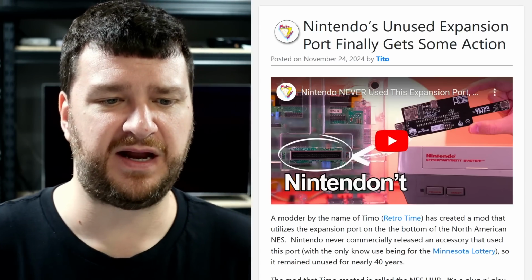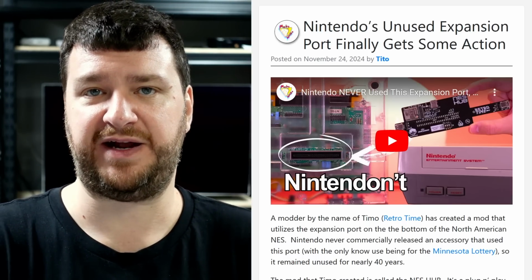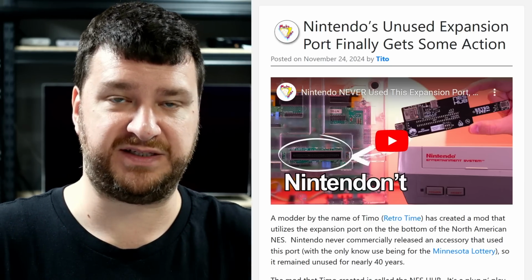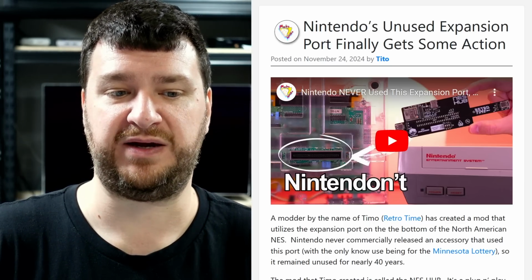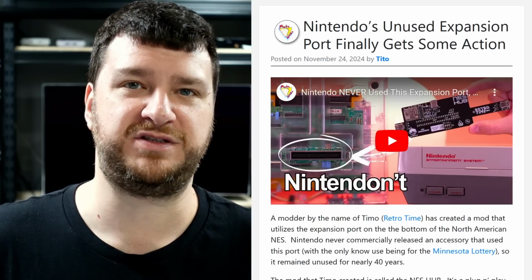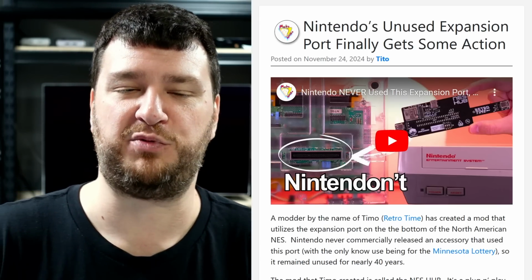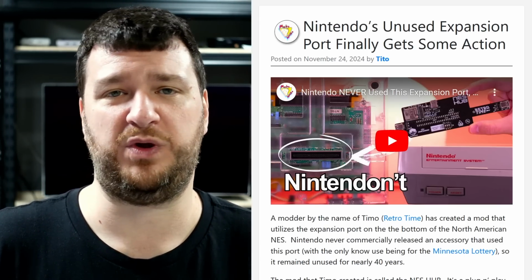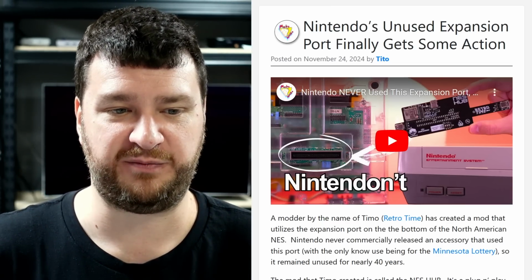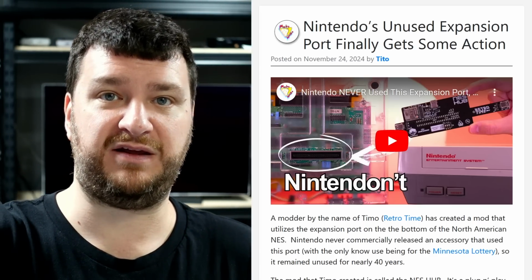And I guess that kind of makes sense because when you do injection molding for plastic, it only can be used a finite amount of times before it starts to degrade, and then you need to have another tool made, another metal processing tool. So I guess Nintendo, after a while, must have just been like, why are we doing a pop-out cover and a snip-off cover? If we're going to use the stupid expansion port, wouldn't we want to make it easier on people? So it would make sense that after a couple of runs, they just said, let's save the 1 penny per unit or something and make an easier tool without that cutoff piece. So everything I just said is total speculation, by the way,